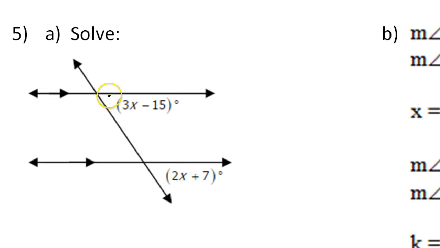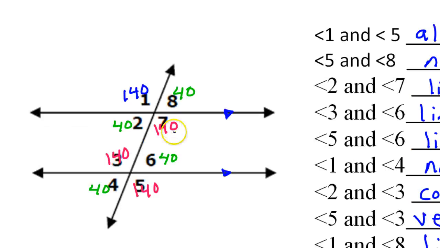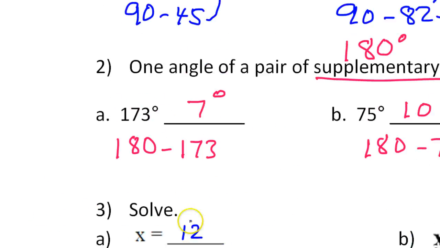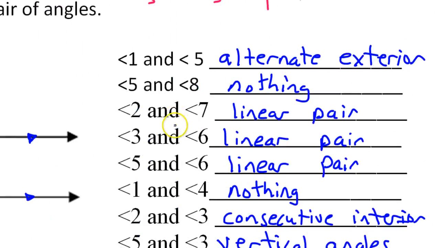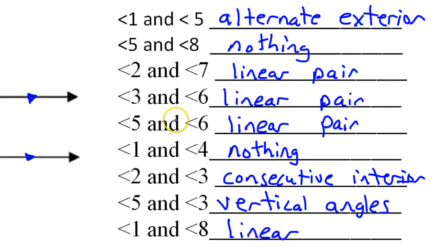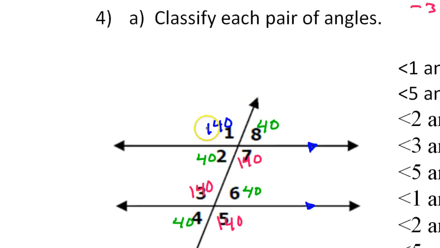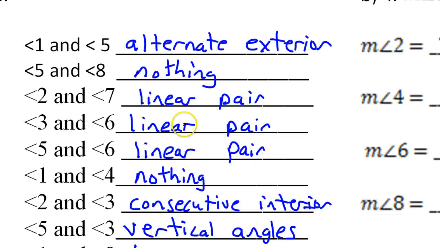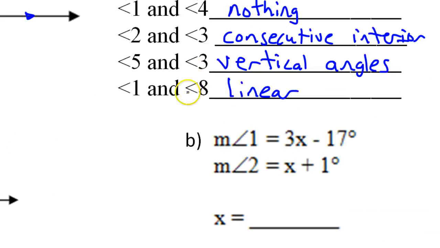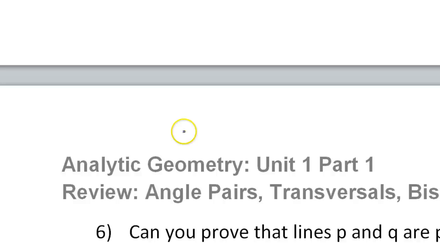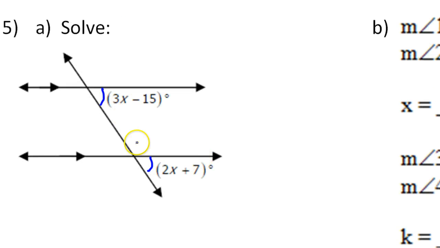These are corresponding angles. Wait, I'm still annoyed. When we did that, we didn't have any corresponding angles either. All that listing of angle pairs, and we didn't have any corresponding angles. Alright, that was irritating. Anyway,